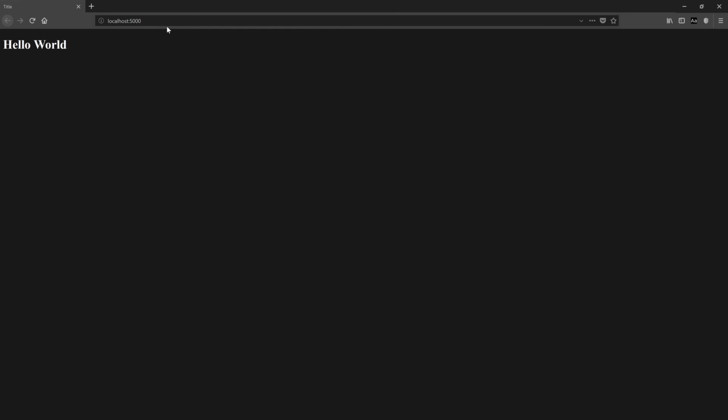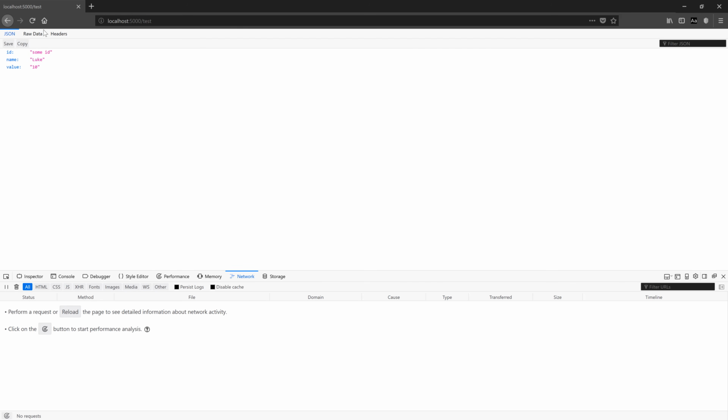So there's the hello world /test. And you can see now we hit this and you can see it's JSON. So if we press F12 in Firefox to get the network up and reload,